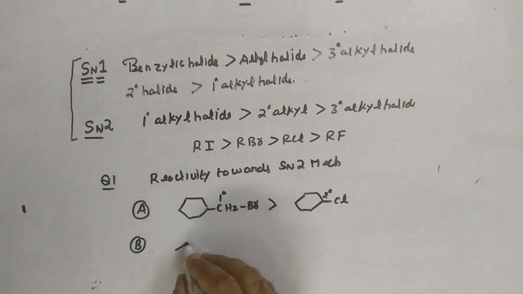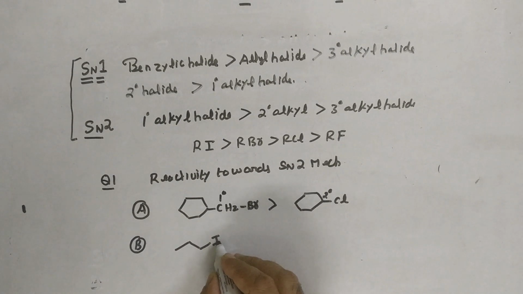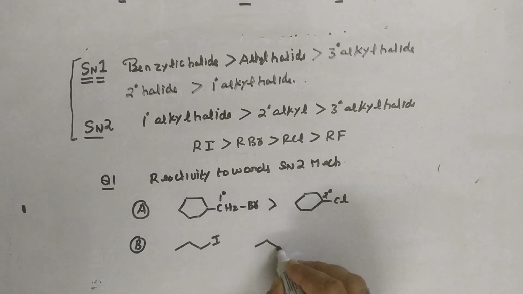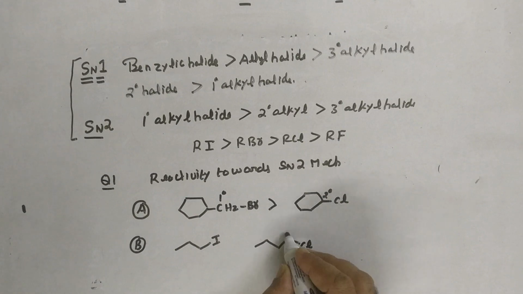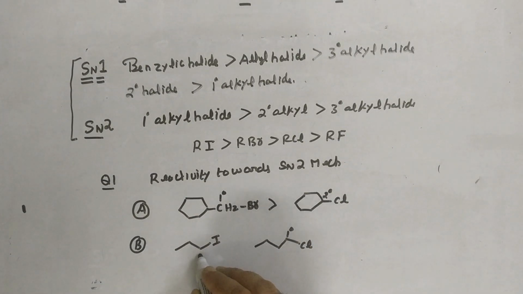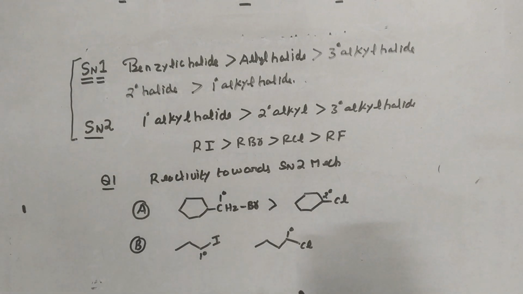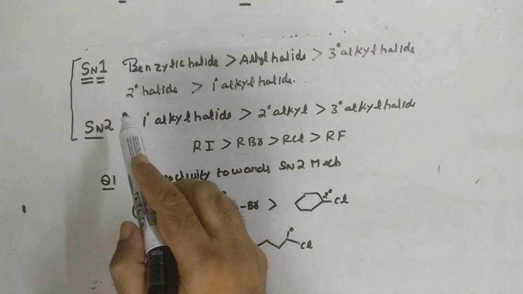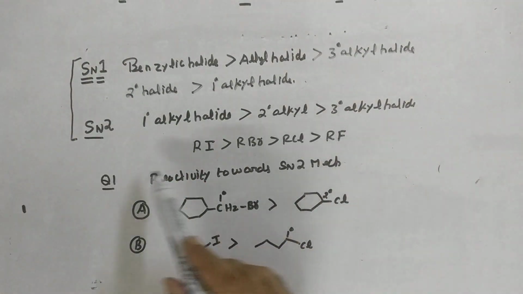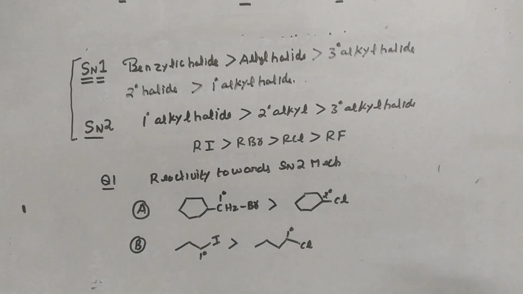In the second part, you are given these set of compounds. One is iodide and the other one is like this. This is primary. This is also primary. Both of them are primary because halogen is on the primary carbon. Since both of them are primary, you would have guessed it right. Who will be more reactive? The iodine one is more reactive as compared to the chlorine one. I have already told you, either SN1 or SN2, this is the order of reactivity. So this was the first in-text question of the NCERT. We do get a 1 marker question in the exam like this.